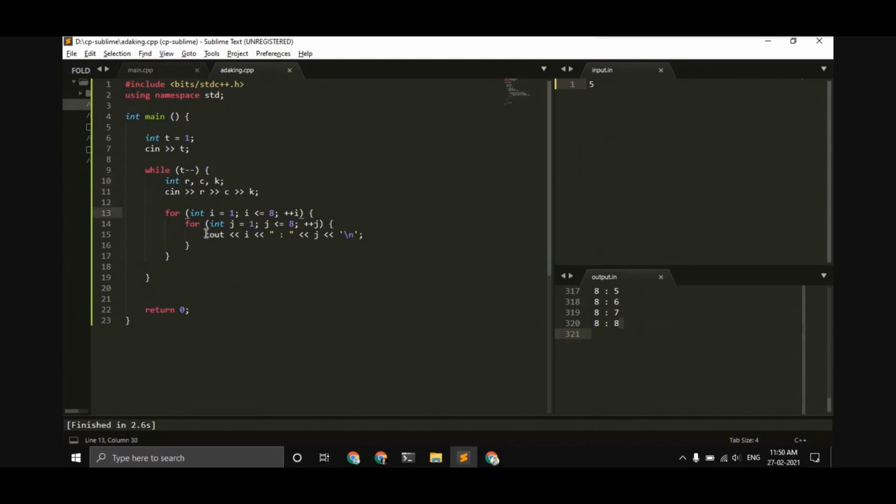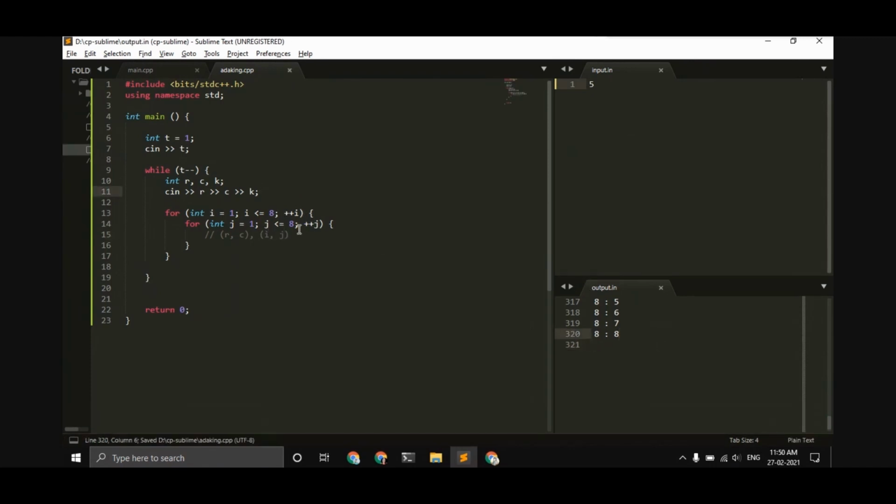And then for each cell, we have 2 points. The first point is our given point, R comma C, which is our input. And the next point is our i comma j. For each of these 64 points, we have to find the minimum number of steps required to go from R comma C to i comma j.